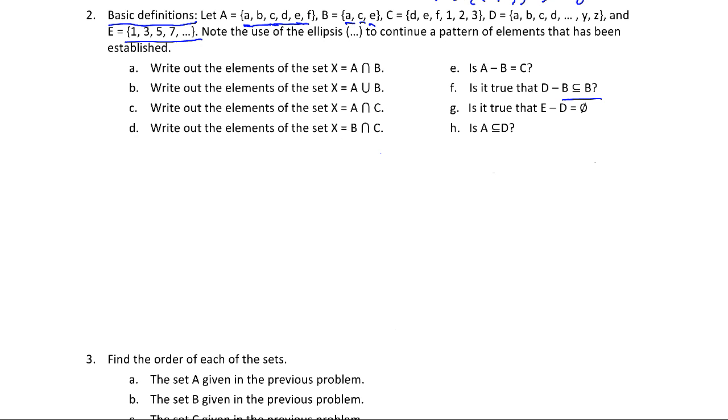Okay, in this video I'm going to solve this problem, which is basically some basic definitions of set theory. And in this problem we're given a few sets to work with. We're given the set capital A with the letters A, B, C, D, E, F in it, the set capital B with the letters A, C, E in it, the set capital C with D, E, F, 1, 2, 3 in it, the set capital D